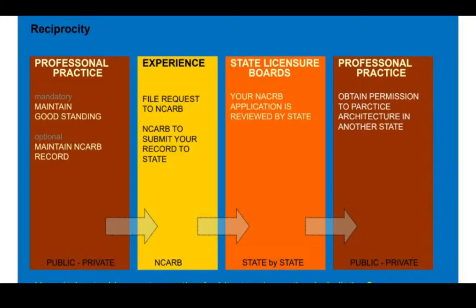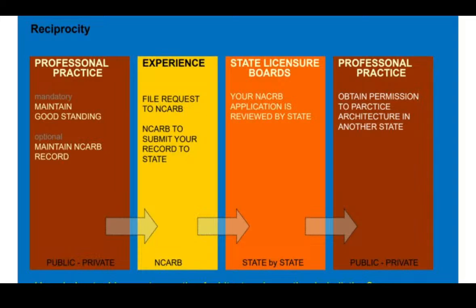But not all states are the same. So if you get your initial license in Wisconsin, which just says if you satisfy NCARB, you satisfy Wisconsin, and you want to get reciprocity in New York, New York is going to look at all the legal practice of architecture and the amount of years you spent in apprenticeship before you became licensed, and make sure that you satisfy that. So they'll make sure you satisfy their requirements as well as Wisconsin's. Wisconsin's, I think, is the easiest state in the union to get a license.